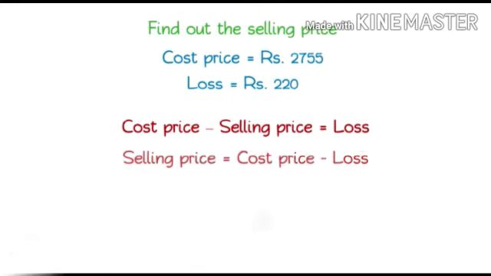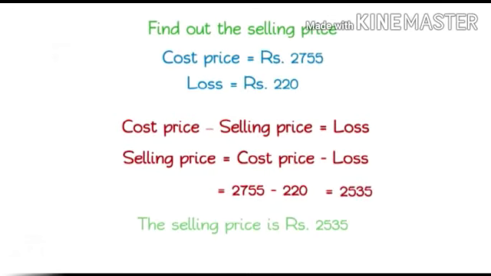From this formula, write selling price is equal to cost price minus loss. Substitute the given values in this formula. 2755 minus 220, which is equal to 2535. Therefore, the selling price is